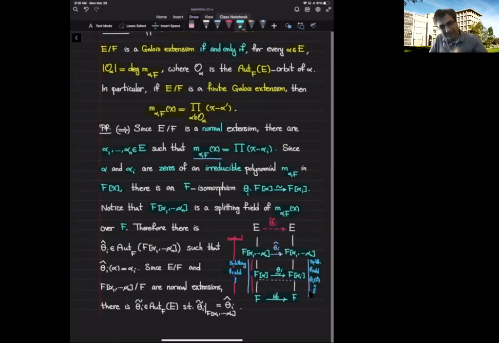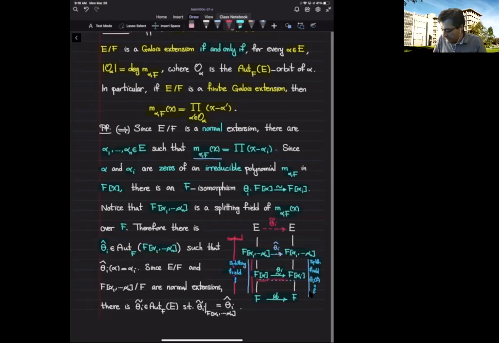So I'm going one level above. The base field was F, then we added one zero, F(alpha). Now I'm going one step further, and I'm adding all the zeros at the same time, and using the result that every isomorphism of the base fields can be extended to an isomorphism of the splitting fields. So altogether, I'm getting theta sub i hat, an F-automorphism of the splitting field F(alpha 1, ..., alpha n). Because the restriction of this to F(alpha)